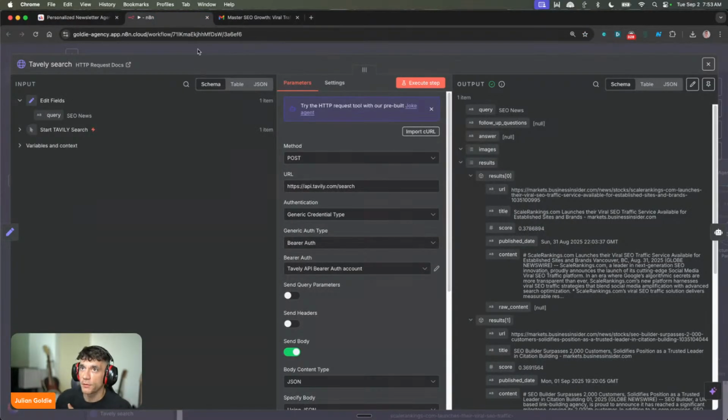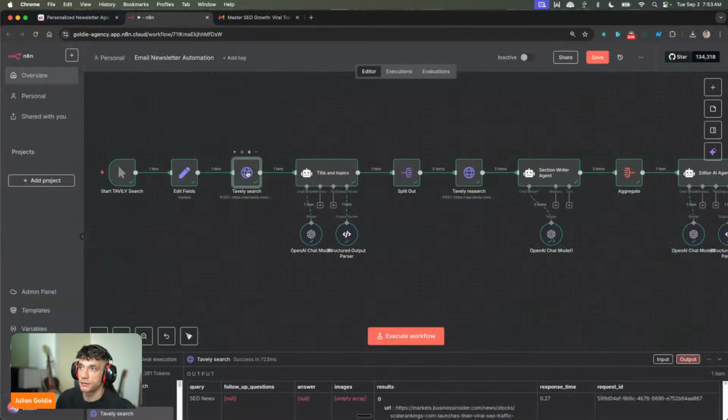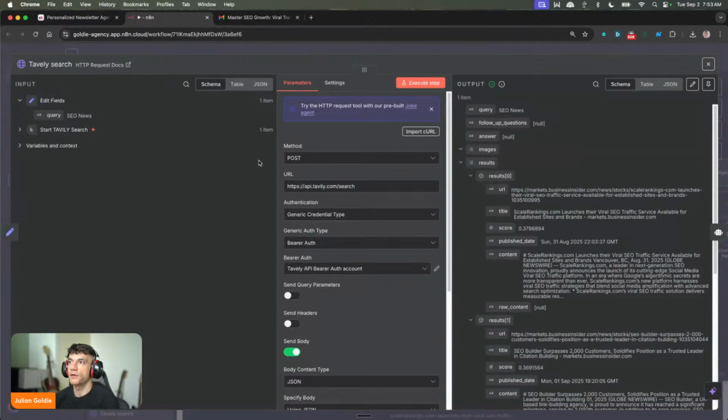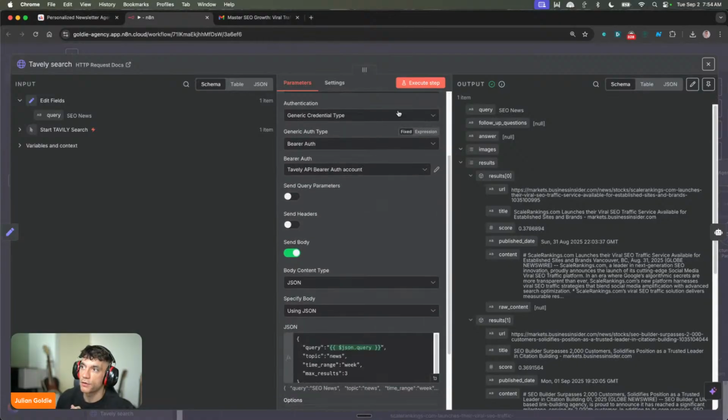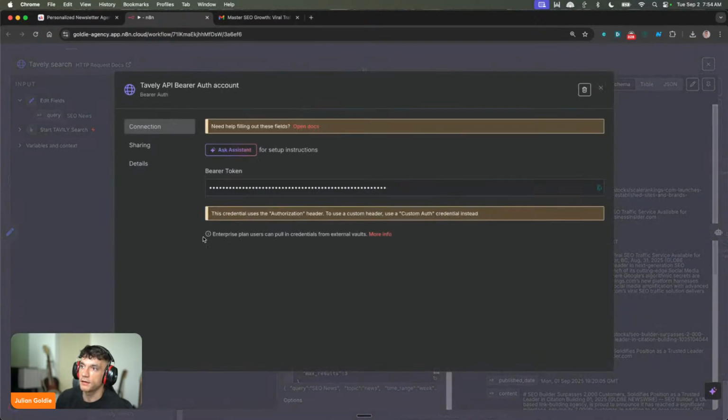So from here inside the Tavily search section, which you can see over here, we've got a post. So this is a post HTTP request. We're going to go to the URL, which is the search API of Tavily, generic credential type, bearer auth, and then we've put our bearer auth account right here, right? So this is how you set up the credentials. Inside here, you're going to type in like bearer space and then your API key from